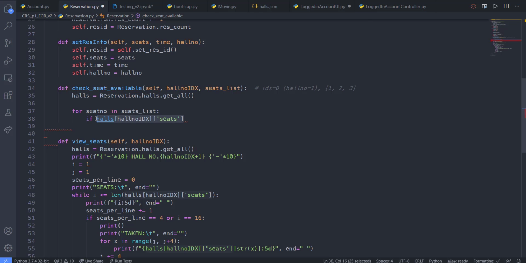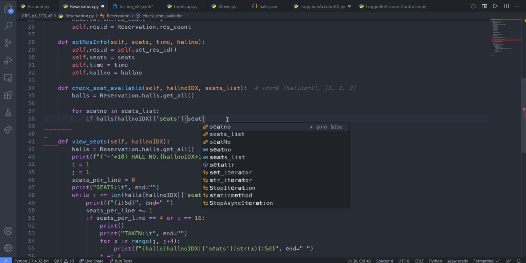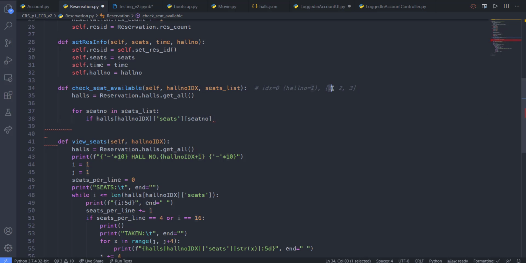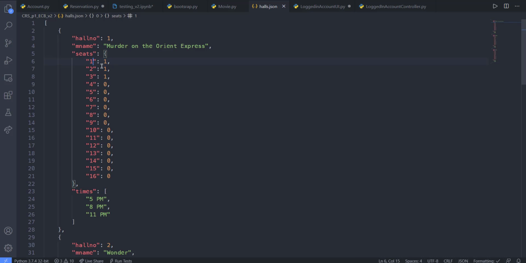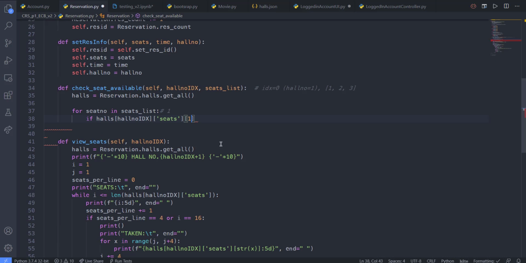If I try the following, given that I have that seat number, which in this case I'm going to start with the seat number 1, if in that key inside seat number 1, in holes, it had something that is not 0, which in this case means 1,